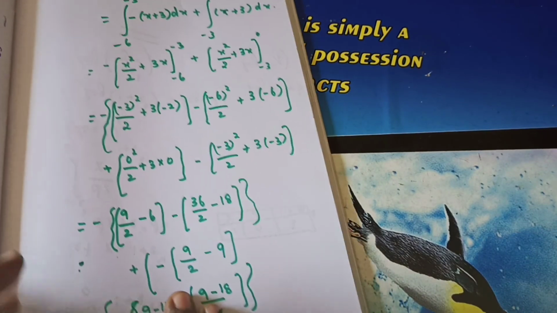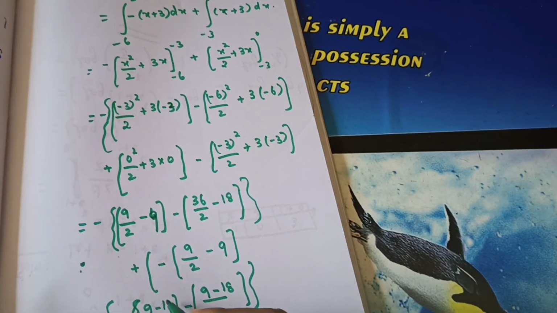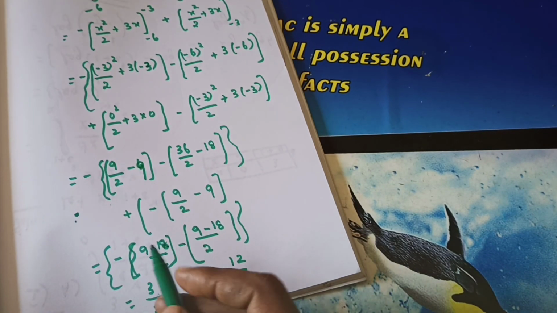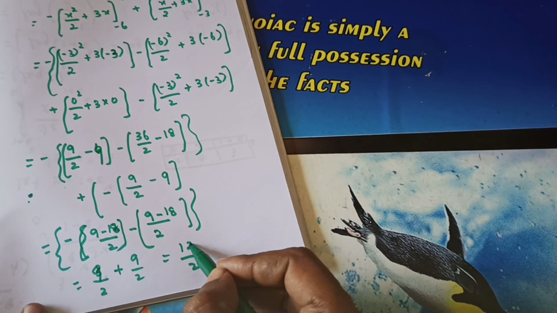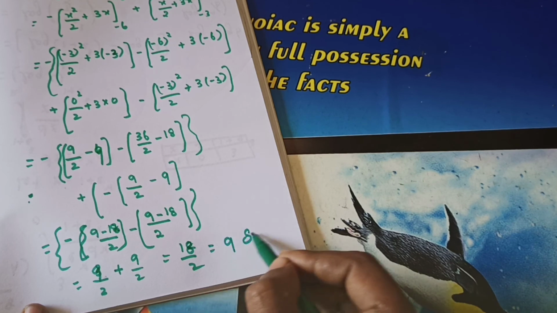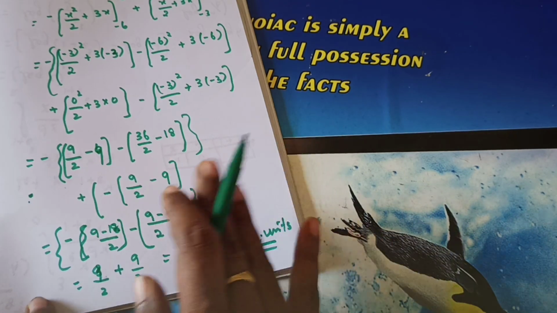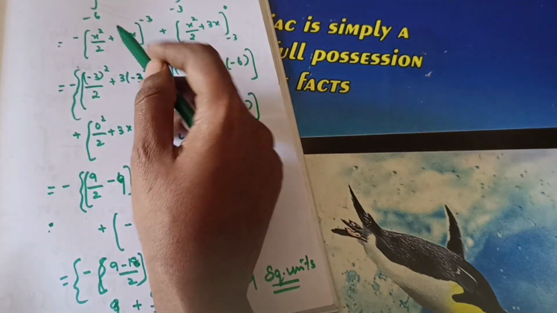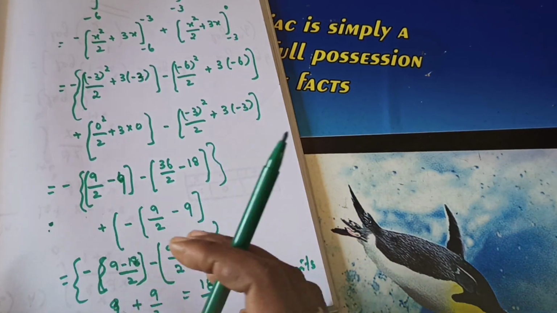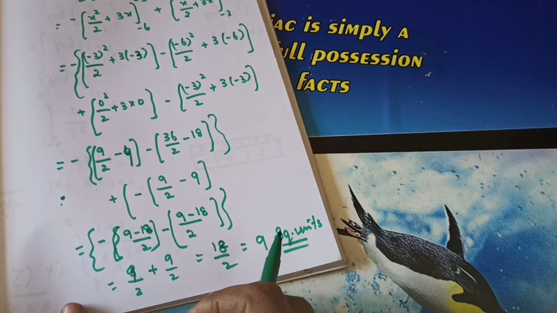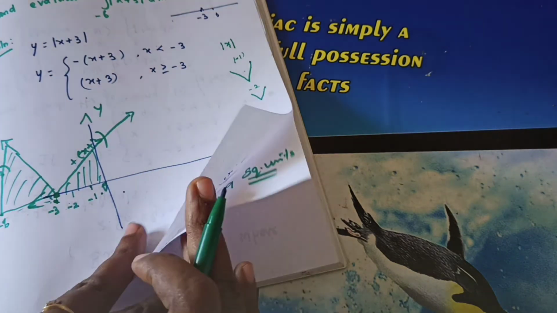Sorry students, here we made one small mistake, it is minus 3. Okay, so 9, correct? So it changes to 18. So how much will you get? Minus of minus, so plus, so 9 by 2 plus 9 by 2, total 18 by 2, that's equal to 9 square units. So keep it in mind, a small mistake will spoil everything. Okay, so carefully. The upper limit value is minus 3, but I forgot and put a minus 2. So you will get the answer as 9 square units. Understand students? Only one thing is different, that is modulus. Because of that, understand?